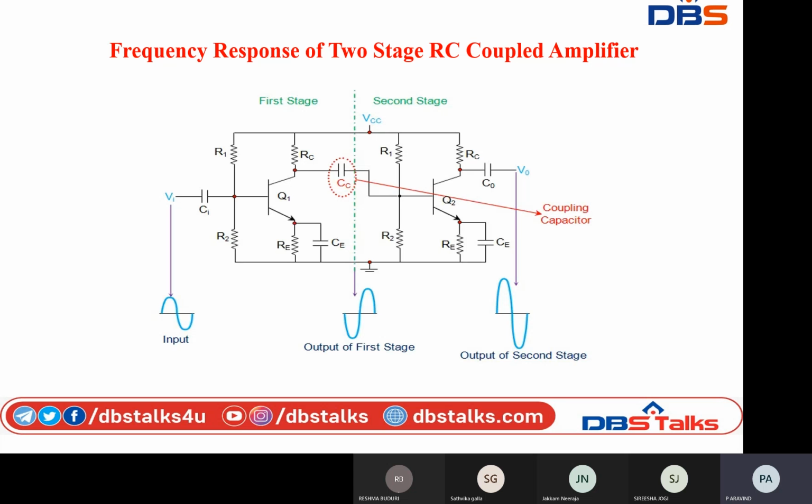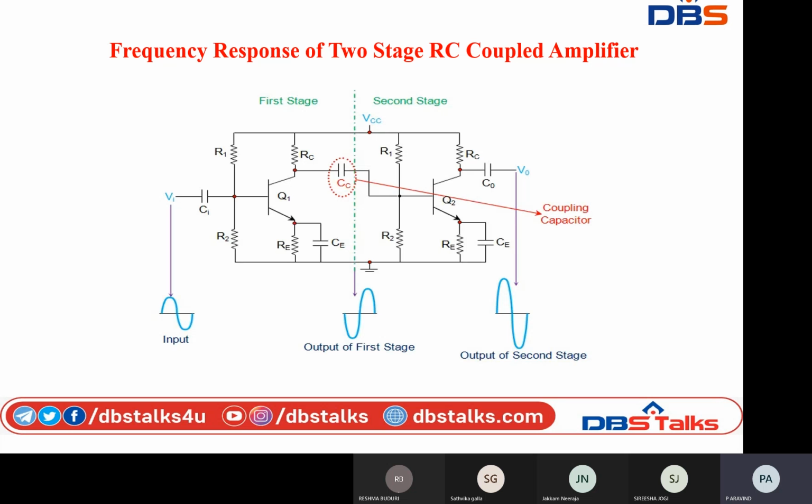See, here R1, R2, and RE. Okay, here CE is also called the bypass capacitor. See, which is used to pass only the AC, while restricting DC. So which causes the DC voltage to drop across the RE, while the AC voltage will be coupled to the next stage.